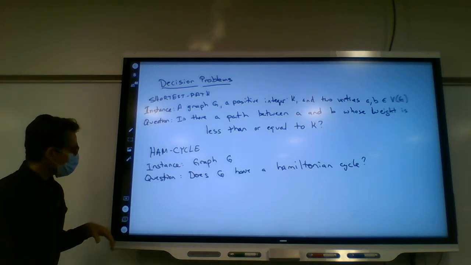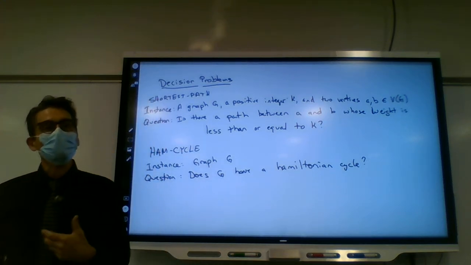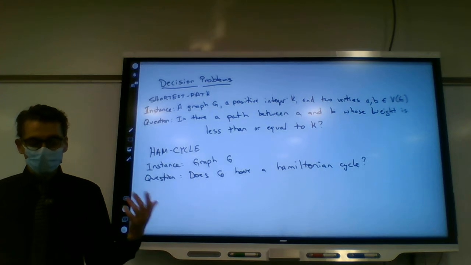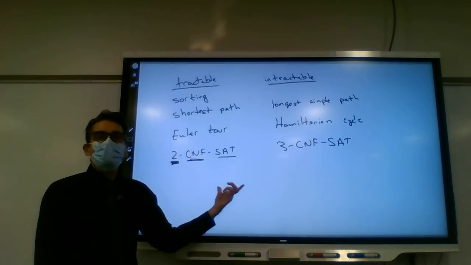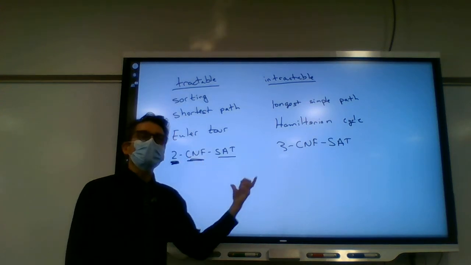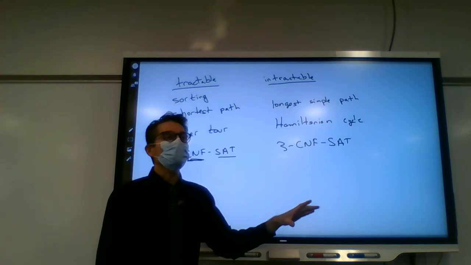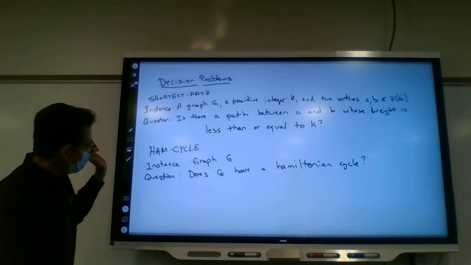Okay, so even if the question is not a yes or no, if it's an optimization, we can often turn it into a yes or no kind of question, and that's the ones that we're really looking at, like we did here. Well, I erased it, but like we did here. Does this expression have a way to assign the values? And it's a yes or no kind of situation. All right,